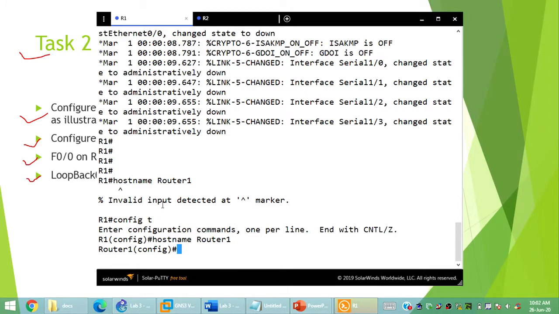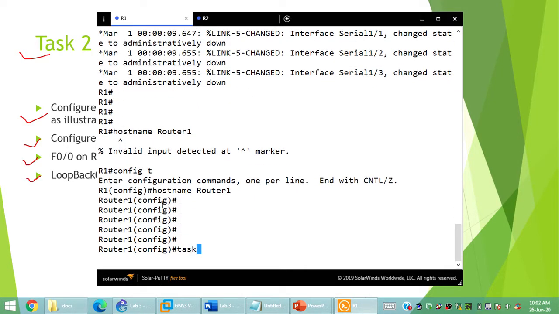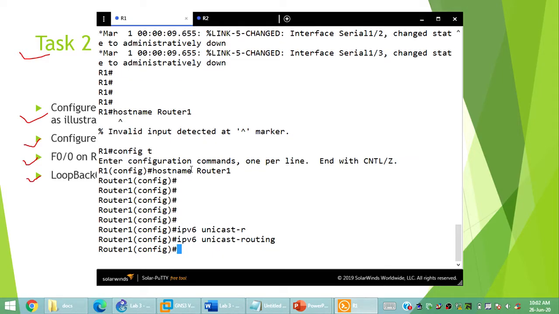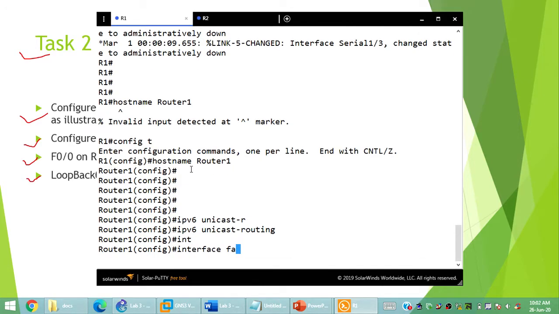Let's go for it. Okay, so I'm just going into router 1 and performing the task configurations that I have completed. IPv6 addresses that we need to assign to the router. So I'm just going to type the one-time command ipv6 unicast-routing and press enter. Also, now I'm going to configure interface FastEthernet